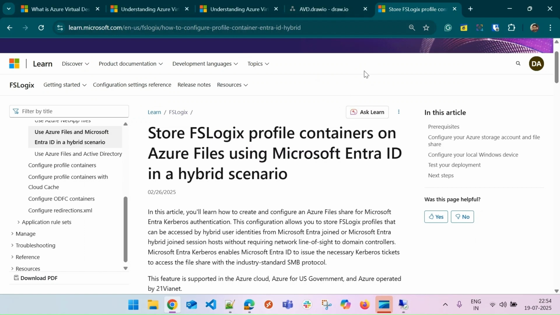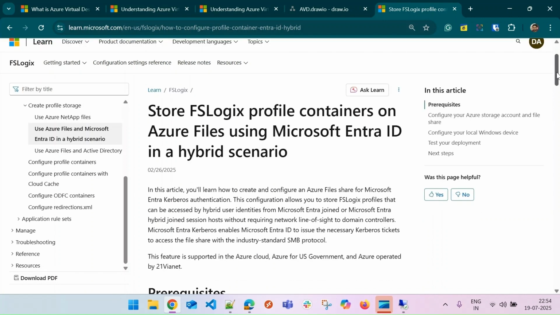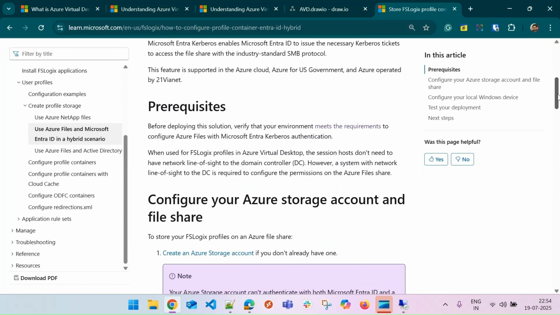Let's quickly go through the Microsoft document which we are trying to follow to configure FSLogix profile containers on Azure Files using Microsoft Entra ID in a hybrid scenario. When we say hybrid scenario, that means your hybrid identities which are coming from your local AD to Entra ID. Now, if you scroll down, the first thing it says is the prerequisite before deploying this solution: verify that your